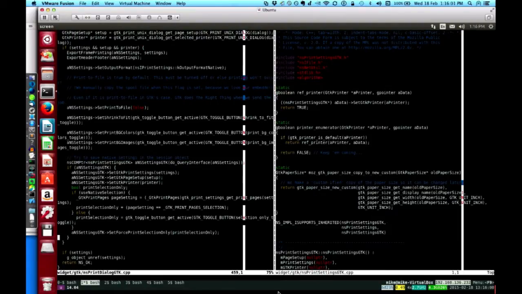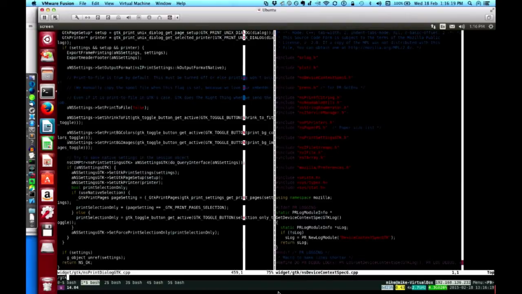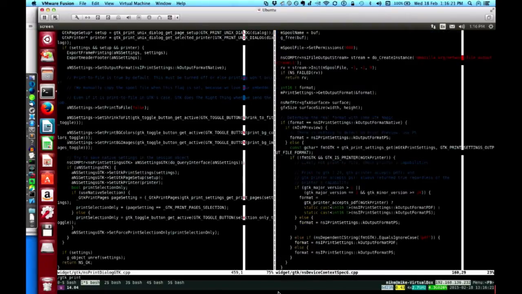And the code that I'm going to emulate is actually in that last file I was looking at. What was that? It was under widget GTK NS print. No, device context spec GTK print settings. It was here. I wonder if GTK major version is some kind of global thing.